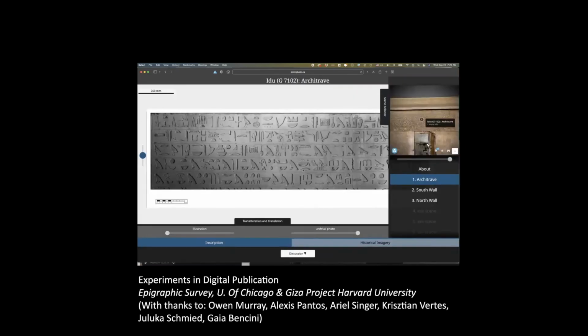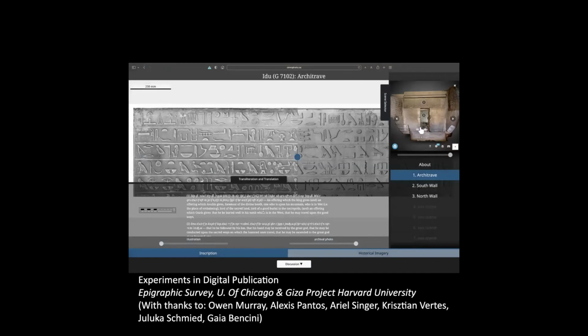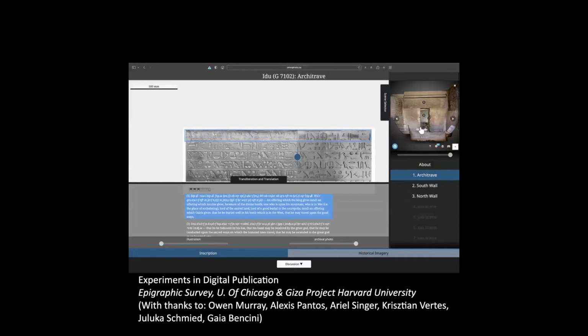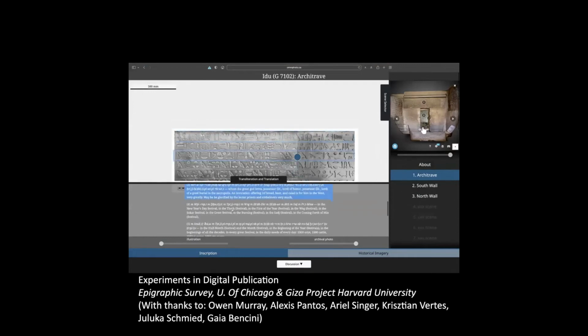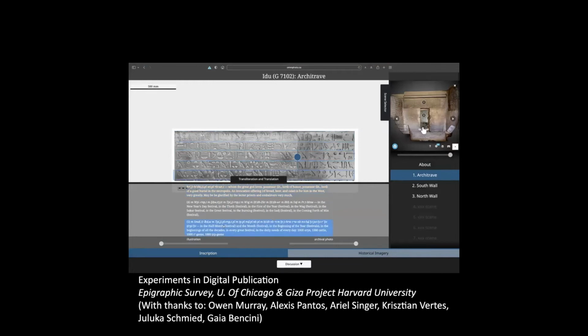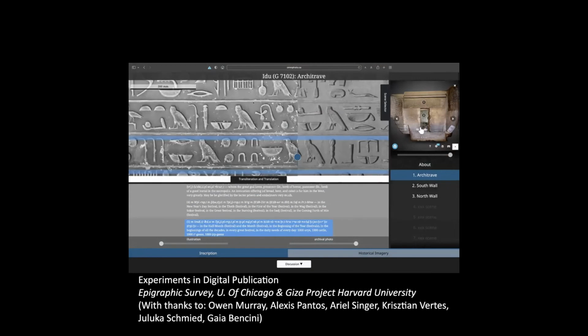Good step ahead. And then another feature is, since it's hard to know where you are in a translation, certainly if you don't read hieroglyphs, and sometimes even if you do, clicking on the various lines of transliteration and translation will highlight the particular line that you're in. So I find this is an interesting outreach tool to give people a sense of, where am I in this text? Where does it say that?